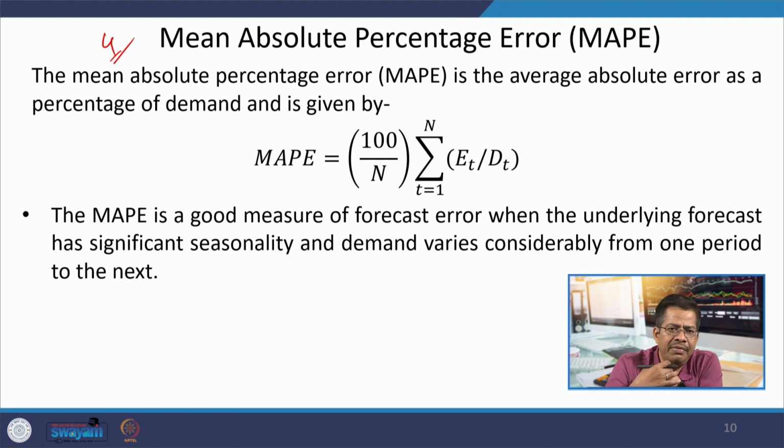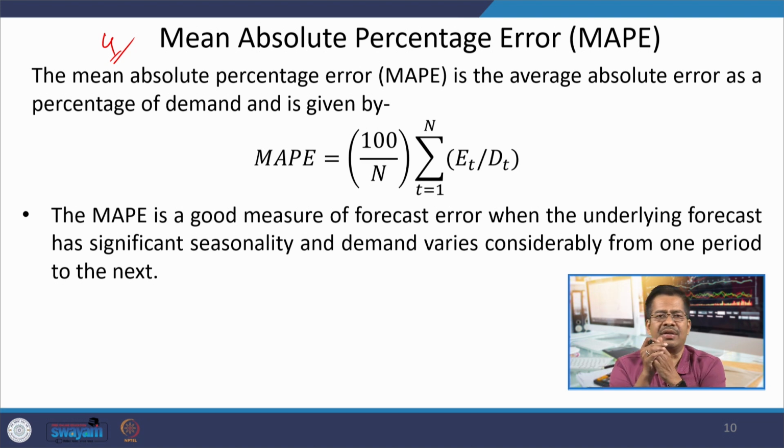Now, once you have outcomes from those different models, which model is giving the best result, so that from now onwards you can use that model, is decided by the measures of forecasting error. And for that purpose, MAD and MAPE are the most commonly used forecasting error measures, which help you in taking a decision which model is suitable. Not only which model is suitable, but what level of parameters are suitable for our decision making.